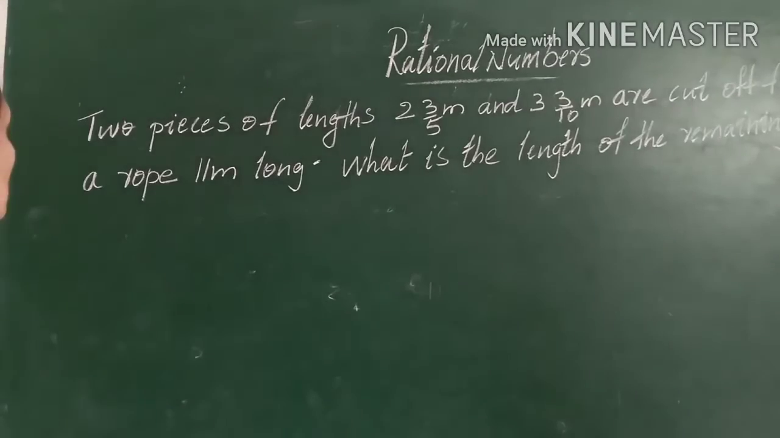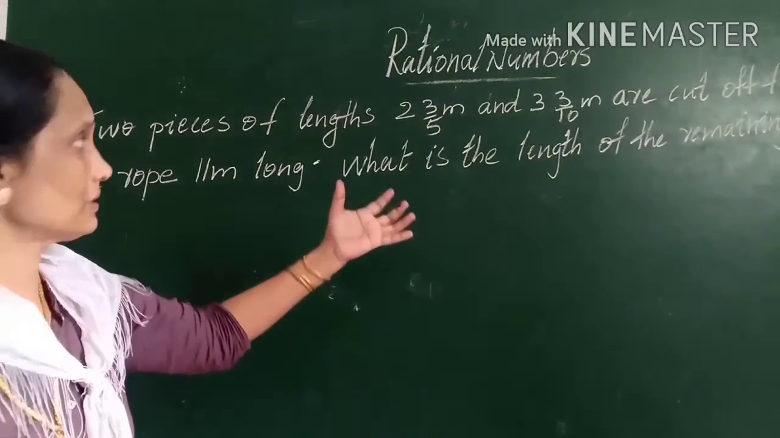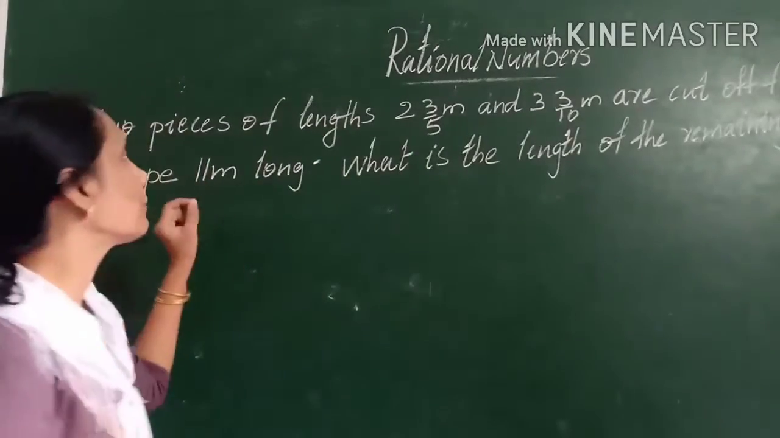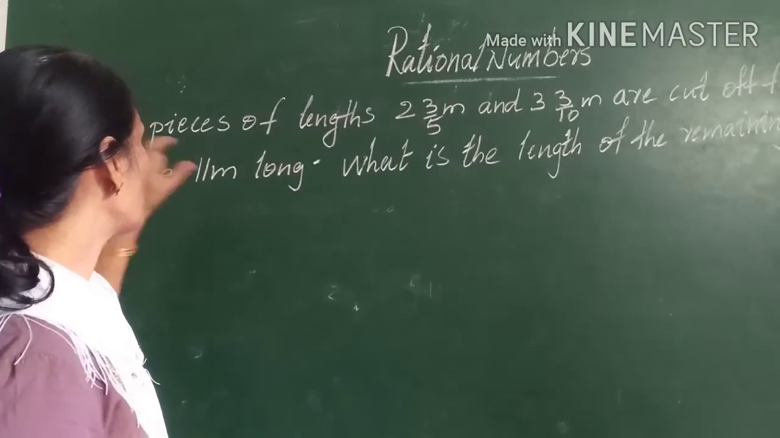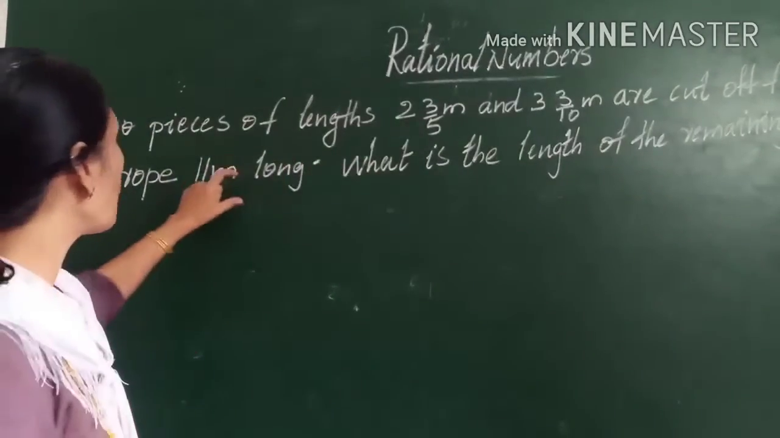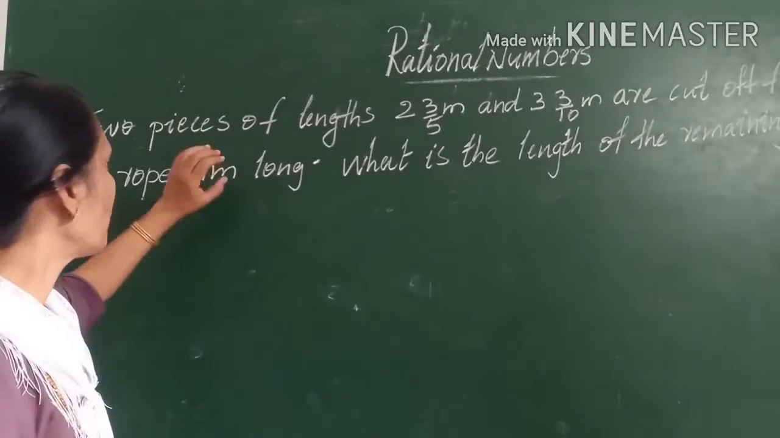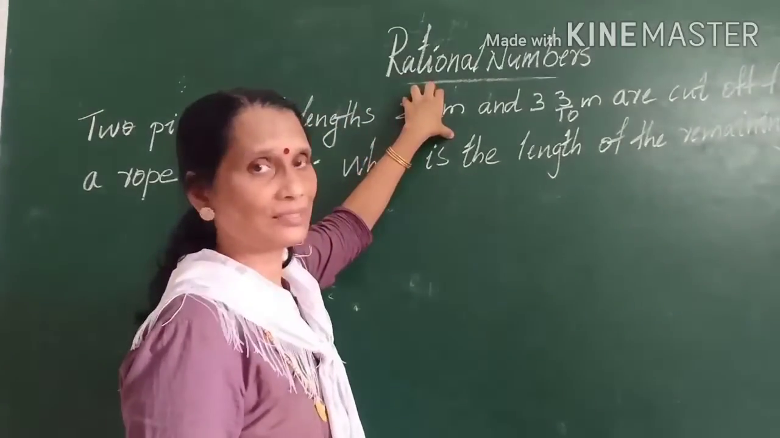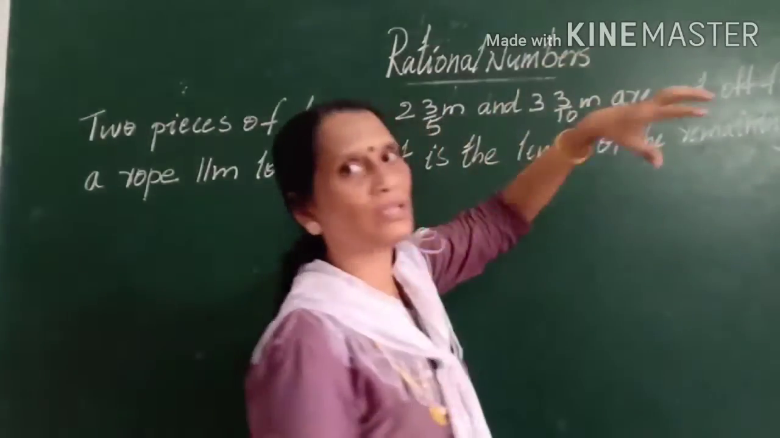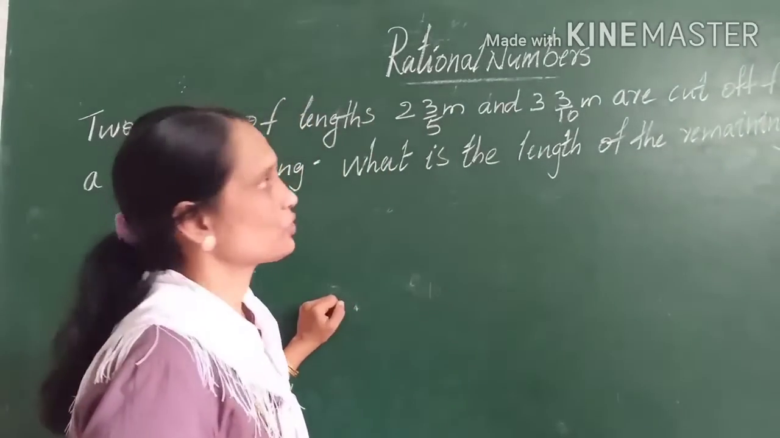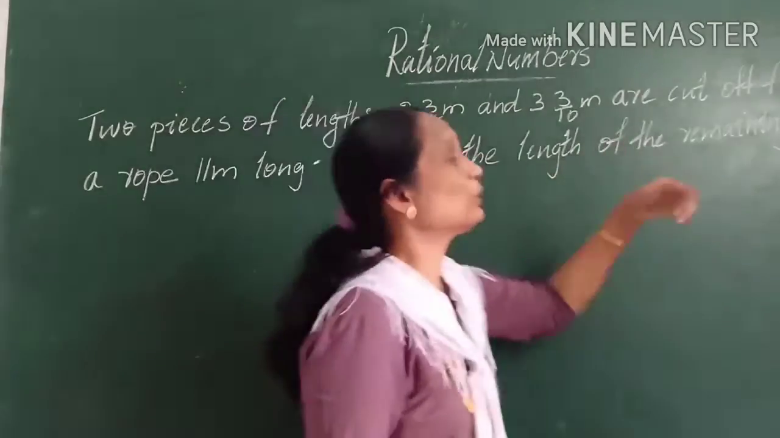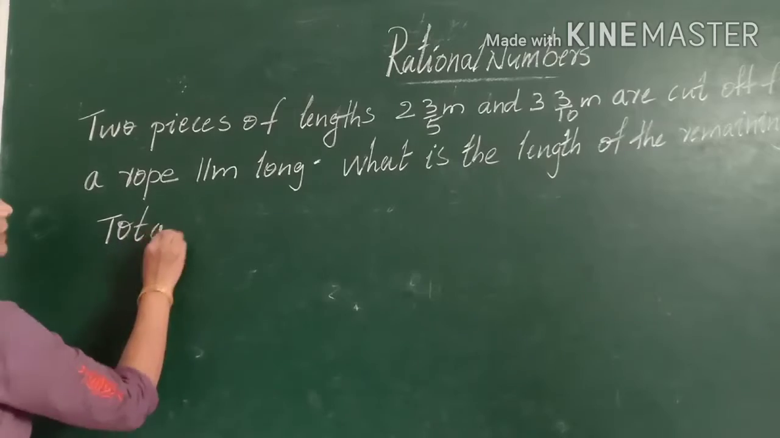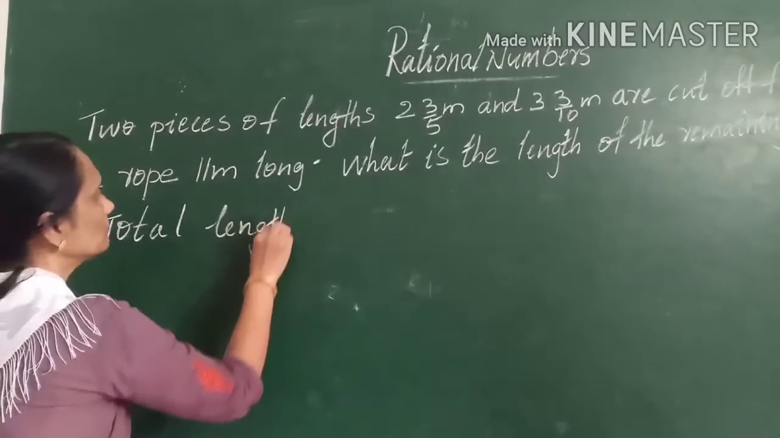Okay, now let us move on to the next question. Two pieces of lengths 2 3 by 5 meter and 3 3 by 10 meter are cut off from a rope of 11 meter. So the total length of the rope is given as 11 meter. From that rope, first 2 3 by 5 meter is cut, and after that 3 3 by 10 meter is removed. We have to find the length of the remaining rope. First of all, the total length of the rope